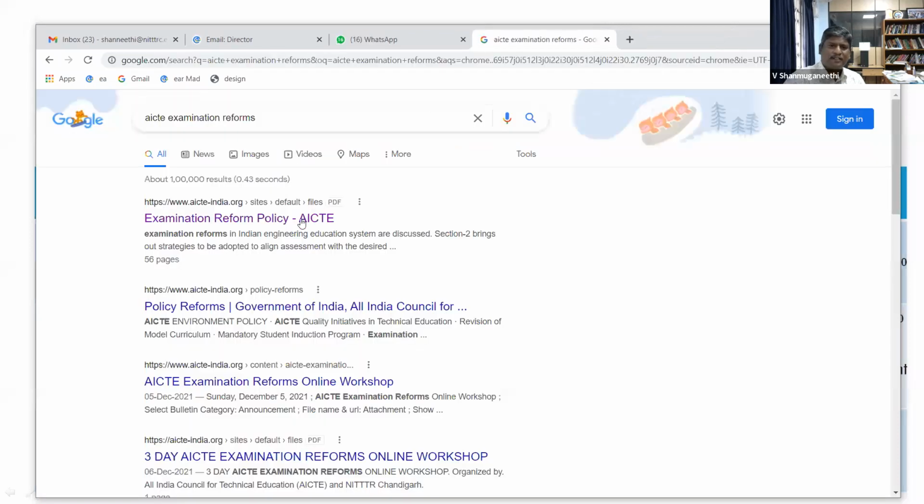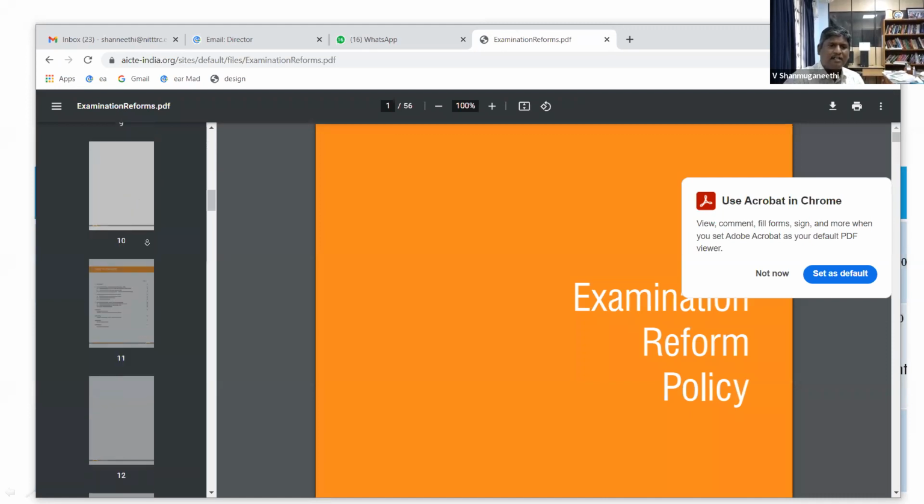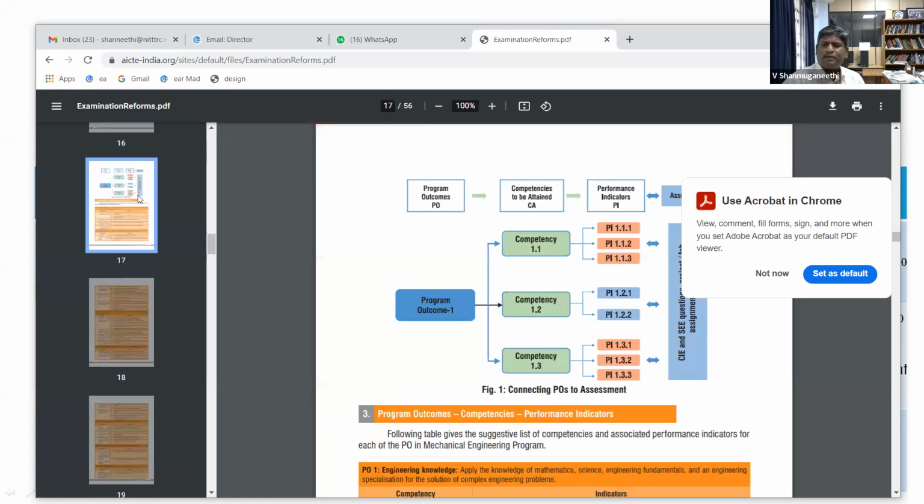Fine. Participants get the basic content of the concepts, the connectivity between the PO and the indicators. Do you have any doubt on this? If you have any doubt, then I will clarify that. Participants, is it clear to you? Yes, anyone can respond. Yes.